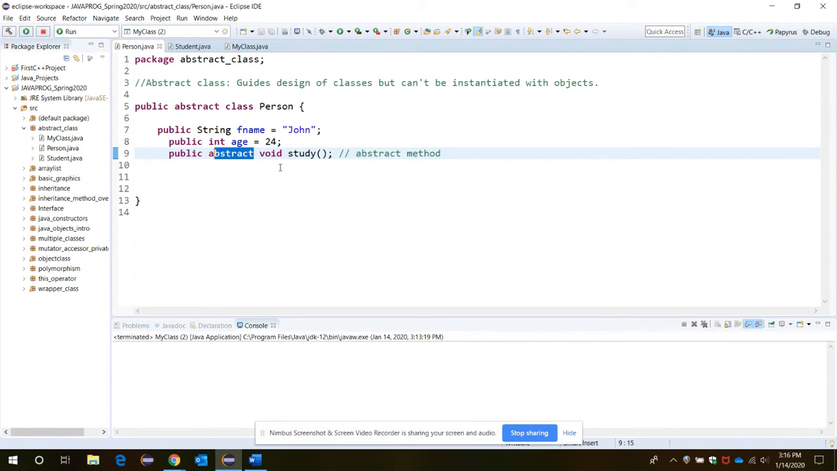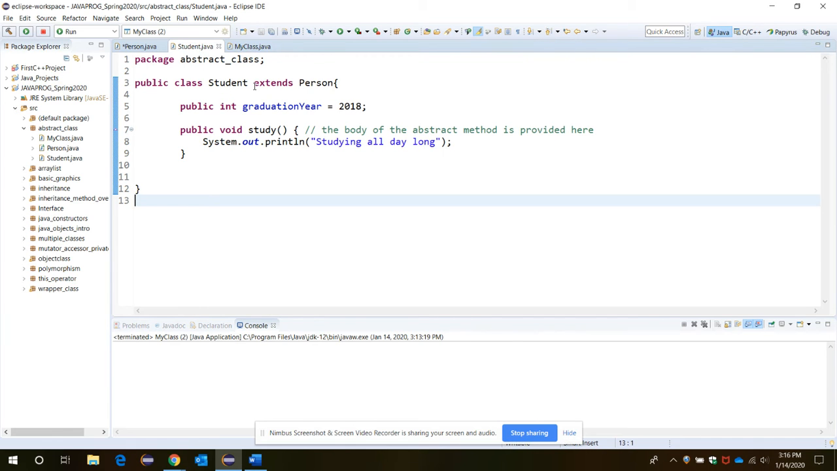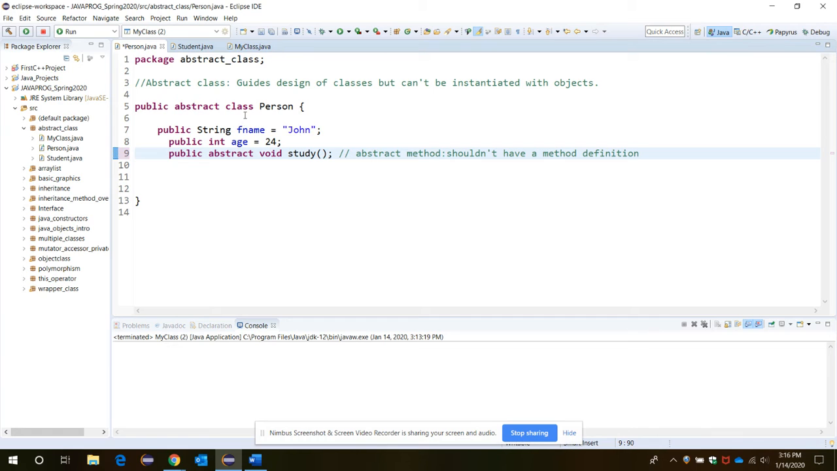And if one method is declared as abstract, then it shouldn't have a method definition in it. It shouldn't be defined. So how should it be defined then? It should be defined in the derived class, which will be derived from the base class in which we have